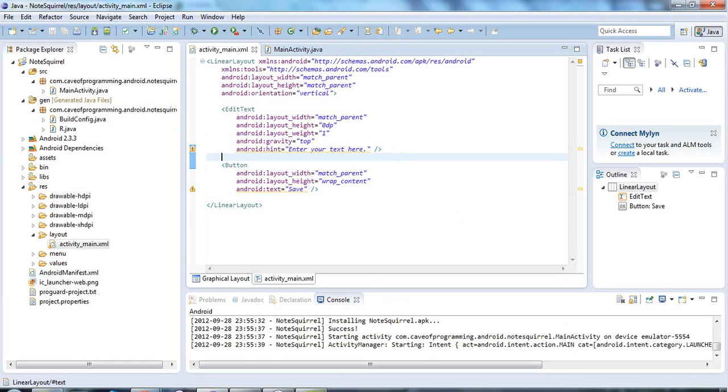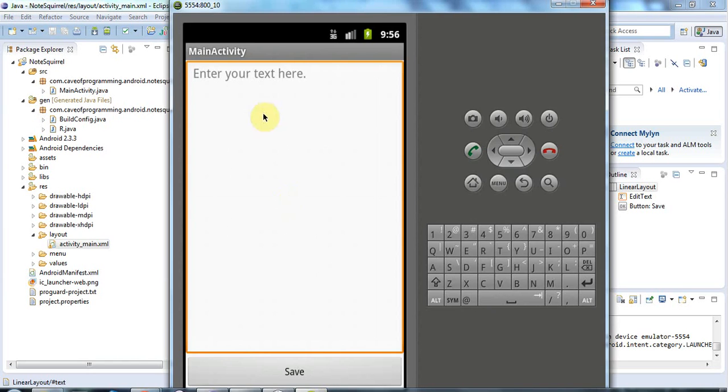Now let's take a look at the emulator, because it says that it's been successful installing it and it started the intent, and here we go. So now we've got an edit text view with a button view, and it's a bit ugly, but you can style these things, and we'll get into that a bit later on. Now in the next tutorial we're going to look at how you make stuff happen when